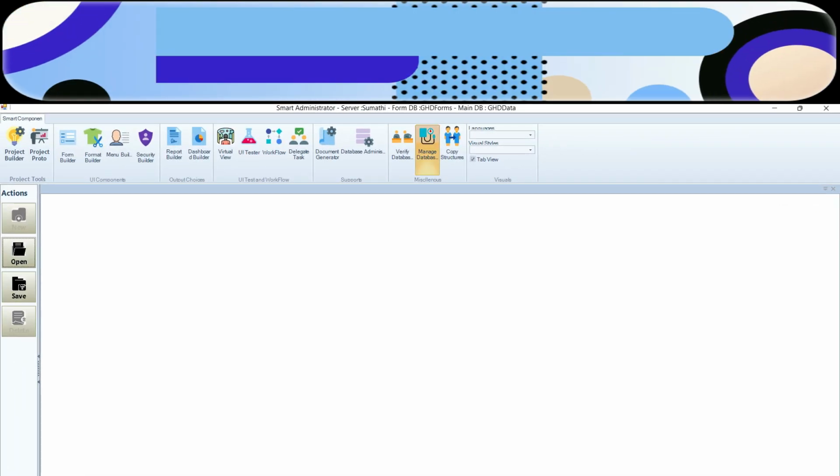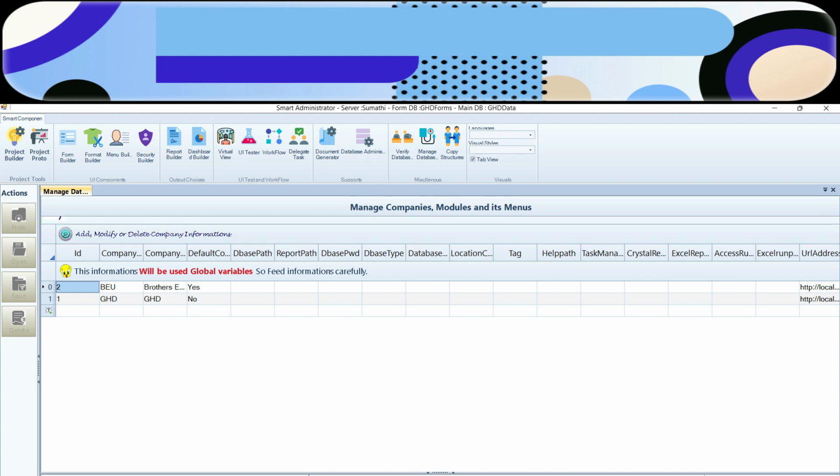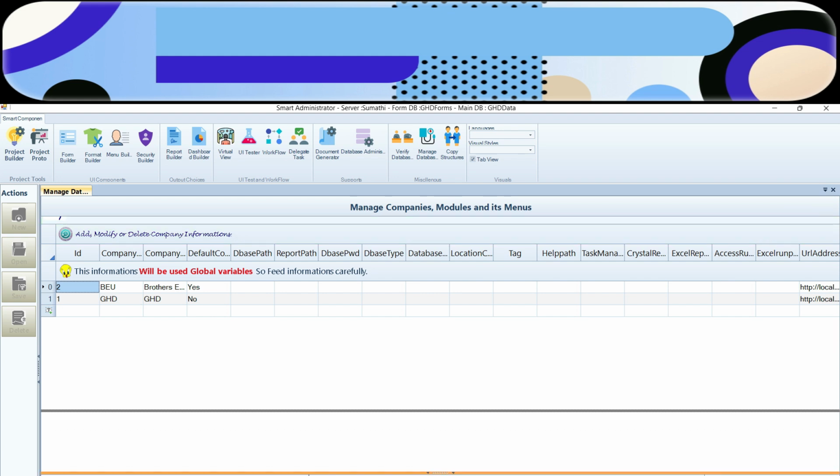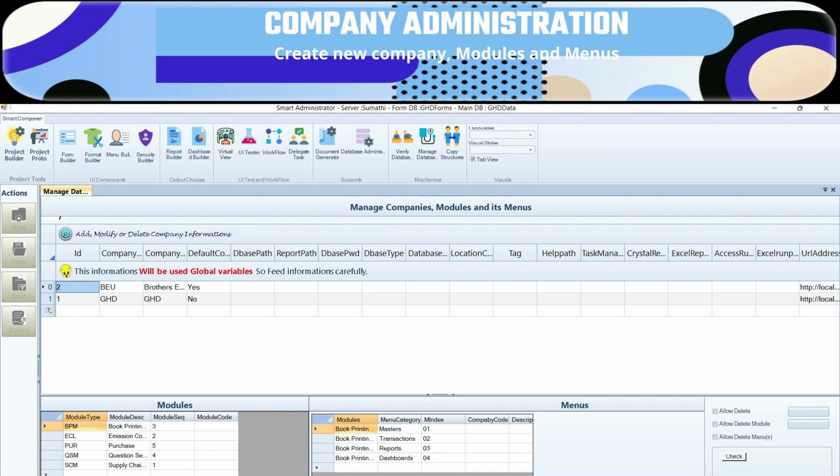Managing your company's setup and its modules is a fundamental part of our Smart Object platform. The Manage Company section allows you to easily define your company's structure, including the main menu and its multiple child levels. This is where you can configure the entire hierarchy of your application, from the top-level menu items down to the most granular submenus. It's all about giving you the control to tailor the application to fit your organization's unique